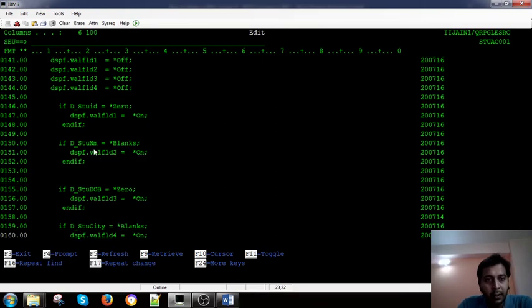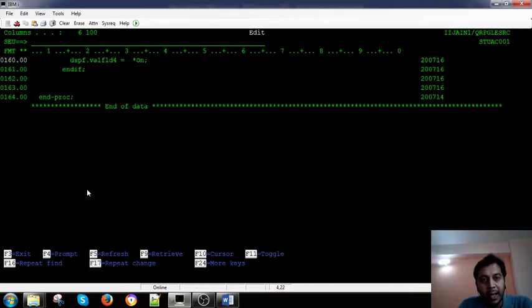So when this student ID is 0, then this can be on. If the name is blank, this can be on. And when this is on, in the display file, this indicator is on. So based on those indicators, that indicator will be active, and you see your message on the screen. So this is how we handle the message.